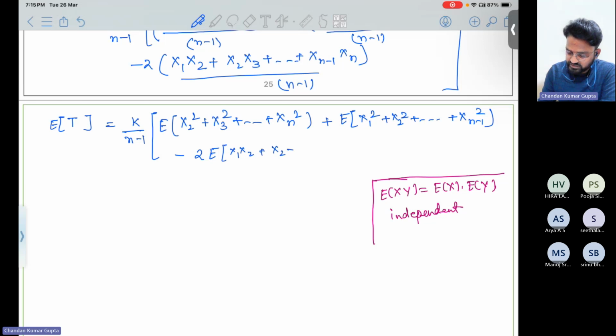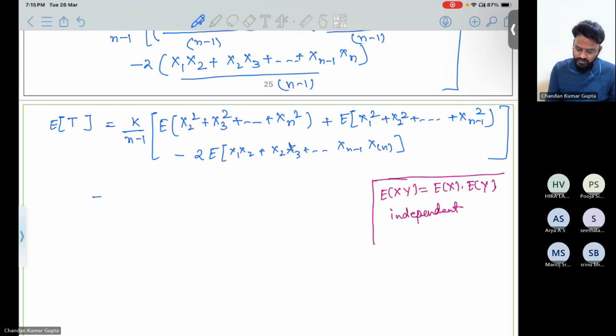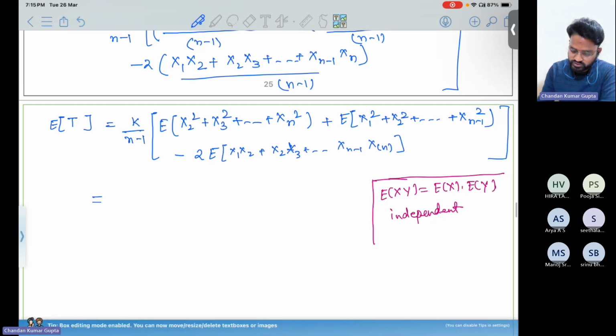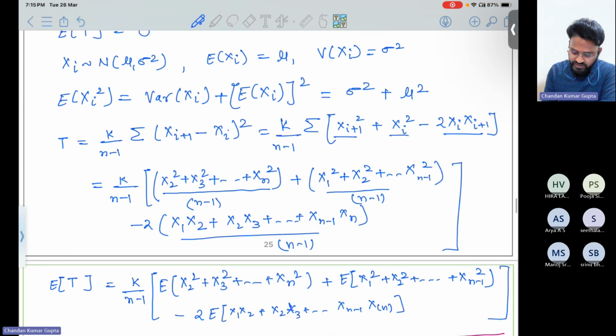Let me write like this again. Now expectation of xi square is this for all i,